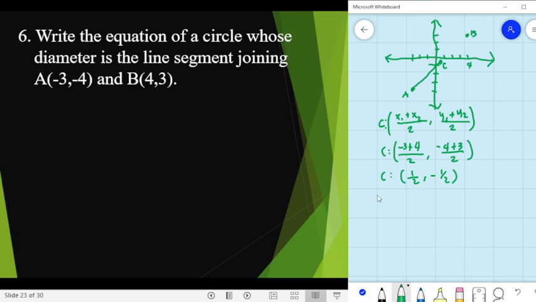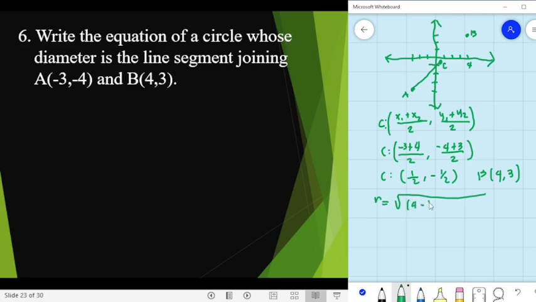So if we are going to find the radius using C to B, or the center to point B, we have point B is 4, 3. Okay, so your r would be the square root of